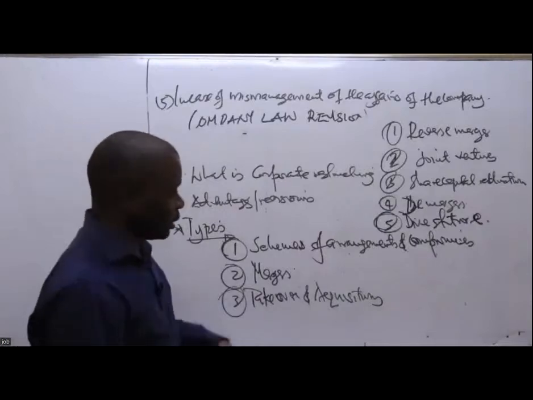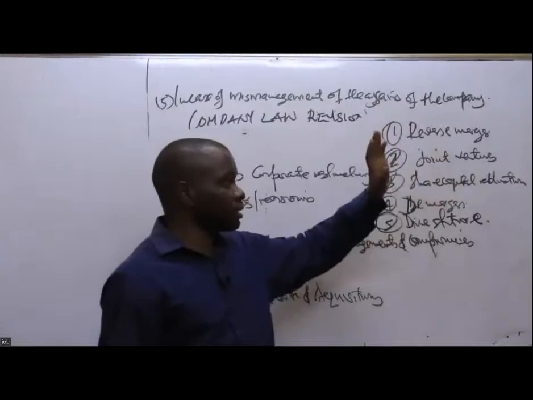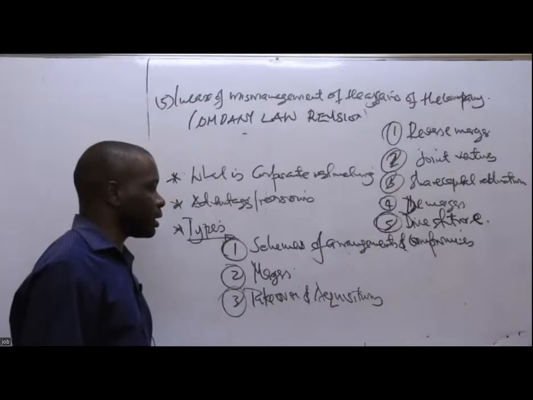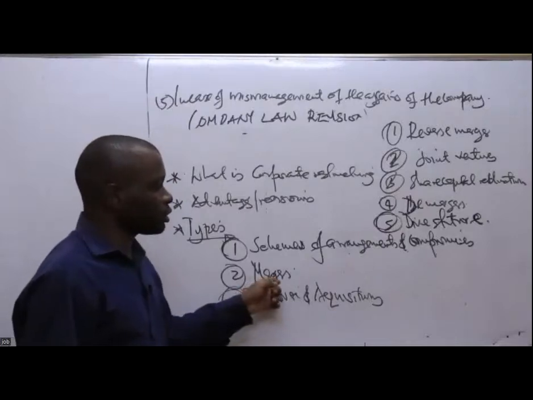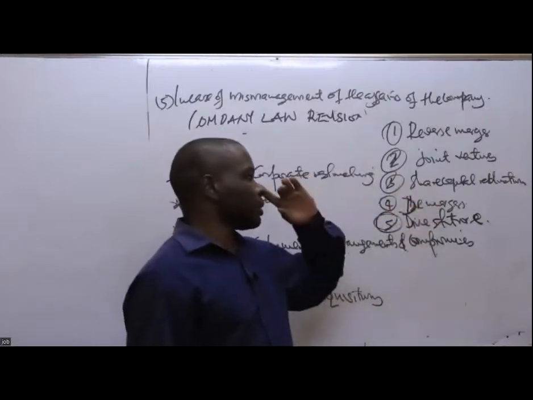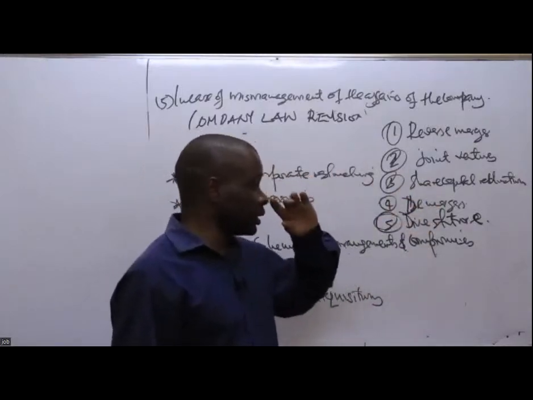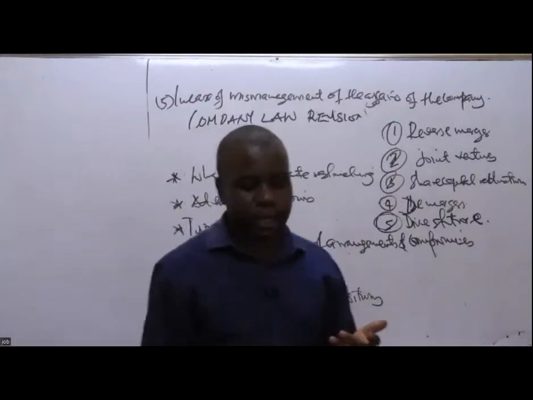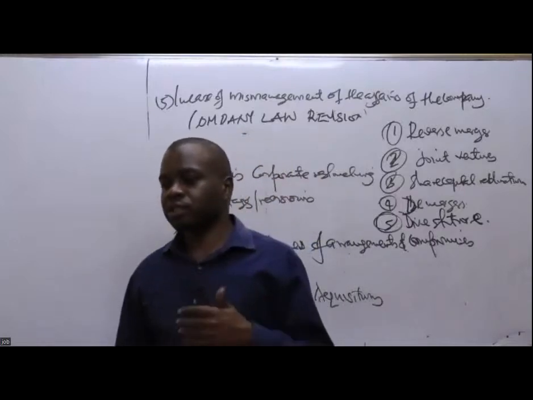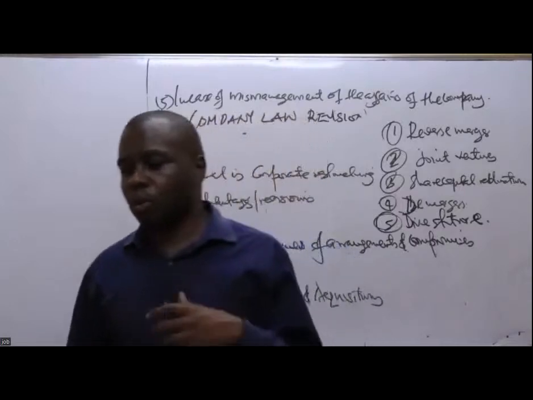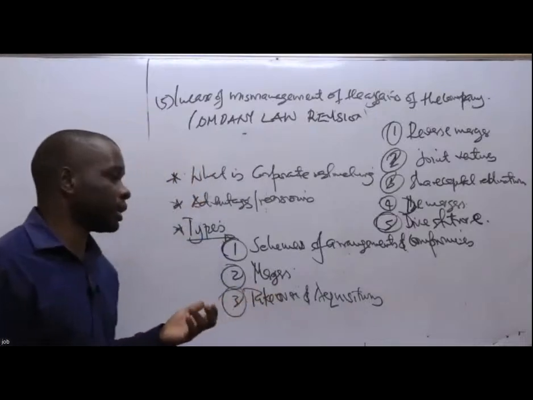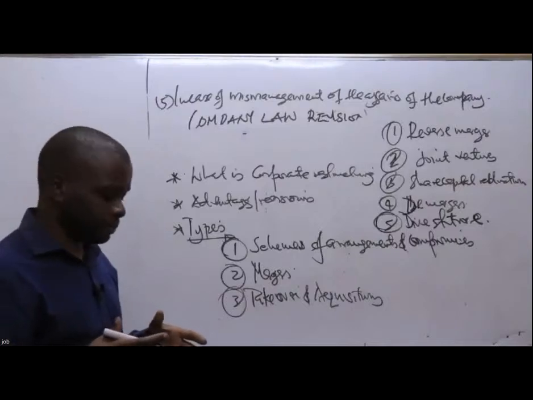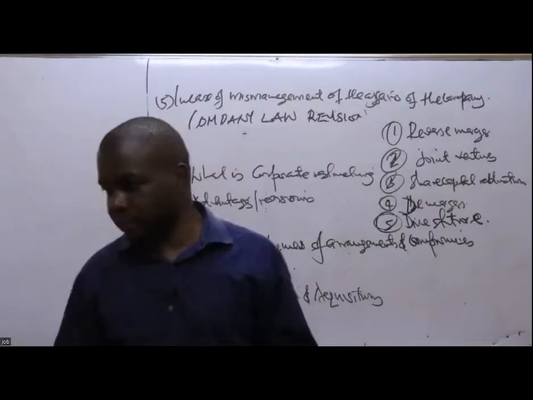So these ones I think I actually explained. When I talked about a reverse merger, I emphasized that a reverse merger is not the opposite of a merger. The opposite of a merger is demergers. But for a reverse merger, it is simply where a private company decides to go public by the shareholders of that private company acquiring ownership in a shell public company, a public company that is not very actively carrying on business. So they simply acquire.